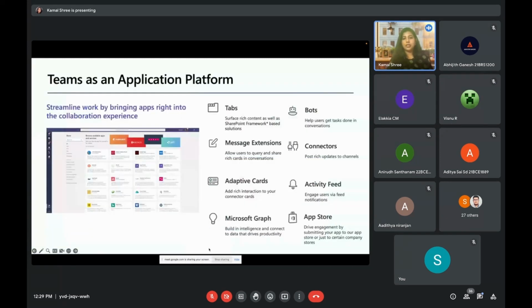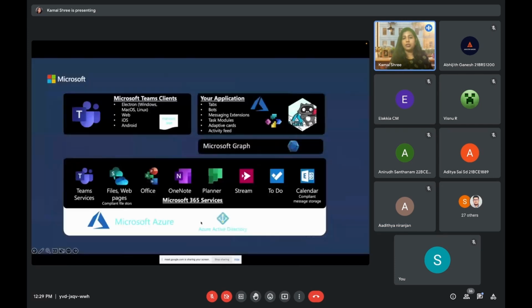So as I told you, this is more of a pictorial way, and this is more of a technical one, one layer deep as to what all you could do, whether it's Mac, iOS, Android, it doesn't matter, or your applications. You can work with tabs, bots, tasks, adaptive cards. They all are different categories that you can actually work with. Then you have this Microsoft Graph, and you have tons of Microsoft 365 services, starting from calendar, email, planner, OneNote, you name it, and you can see how you can actually connect all this.